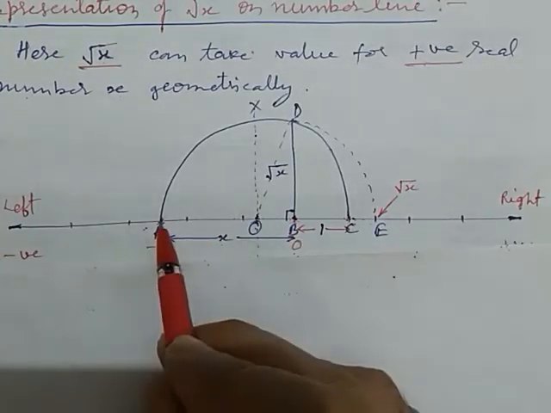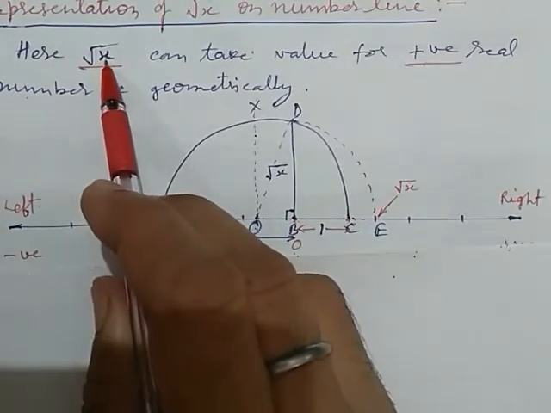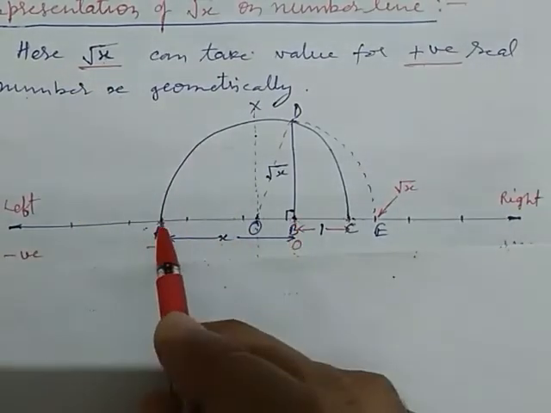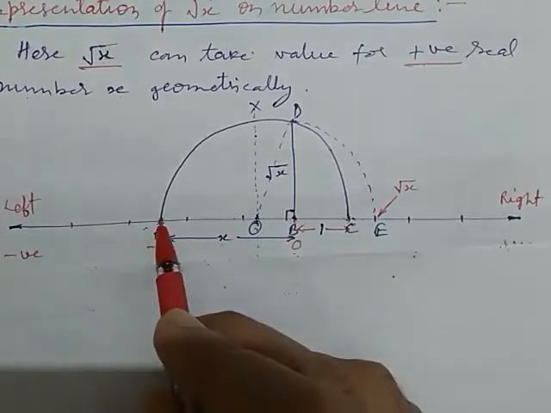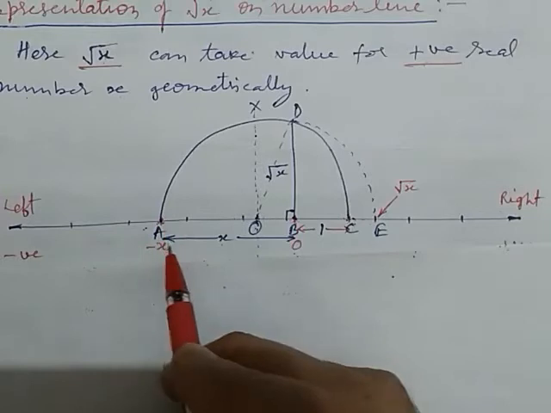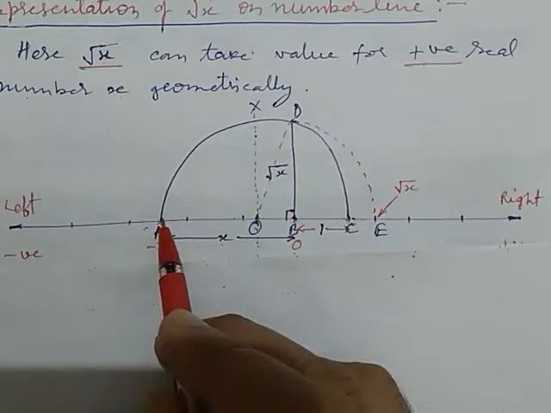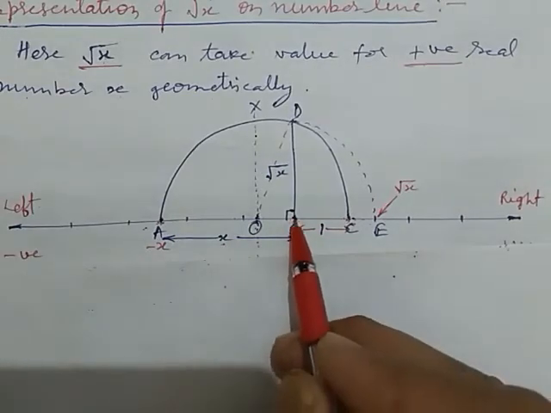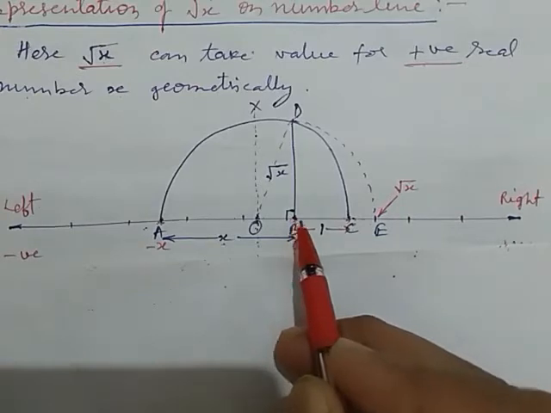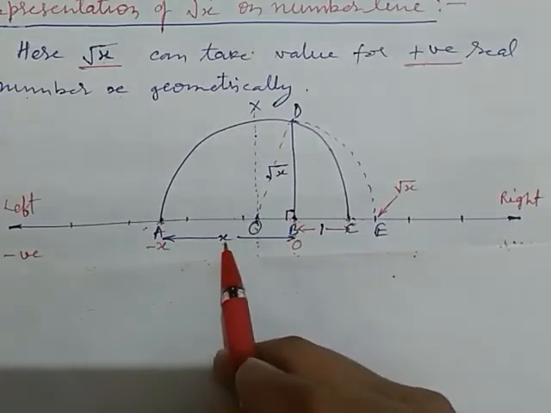First we take AB as our number x. We have root x, so we take x only here as AB from 0 to the negative side, and we measure it as x. Look, this is x, so here AB is our x, and we have to plot root x, but we take only x here. Now this is our point 0. We consider this as B and this as A, so AB is x.